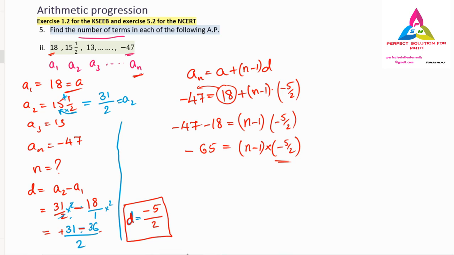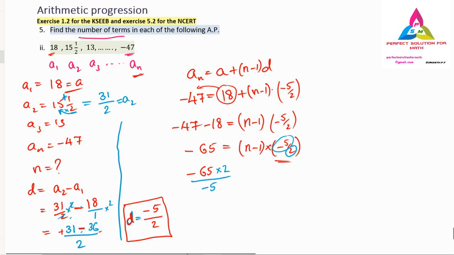So here one more thing, here we have 5 by 2. What will happen to the 5 by 2? You can see this minus 65 will not change, it stays as it is. This minus 5 we can consider is in the numerator. So when you shift that side, it will divide. It means it will go to the denominator, and this 2 is in the denominator, so it will go and settle in the numerator. So this minus 5 by 2 will turn into minus 2 by 5, or 2 by minus 5. So it will take its reciprocal.